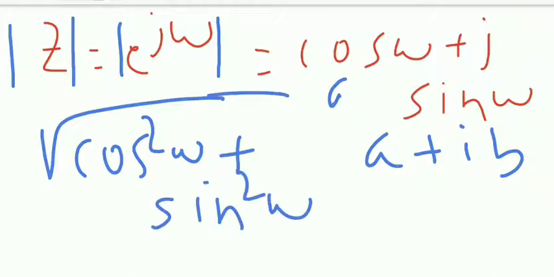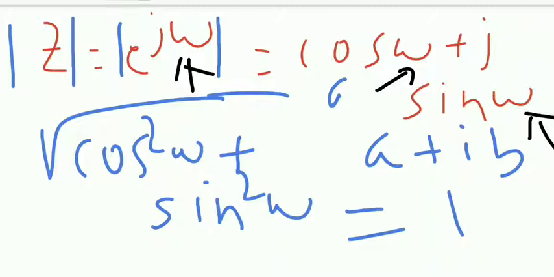So the magnitude of A, cos squared plus sine squared, is equal to 1. That means the magnitude of e power j omega is equal to 1. That means mod z, or magnitude of z, is always equal to 1. Please remember, instead of omega, you can substitute any number. That is not at all going to affect your cos squared plus sine squared. So always the magnitude of e power j omega, where omega may be anything, is equal to 1.